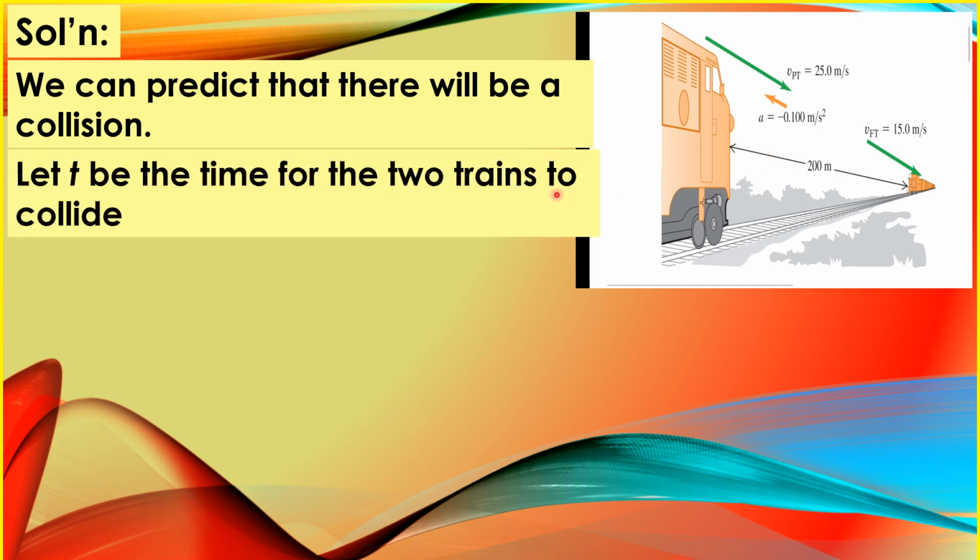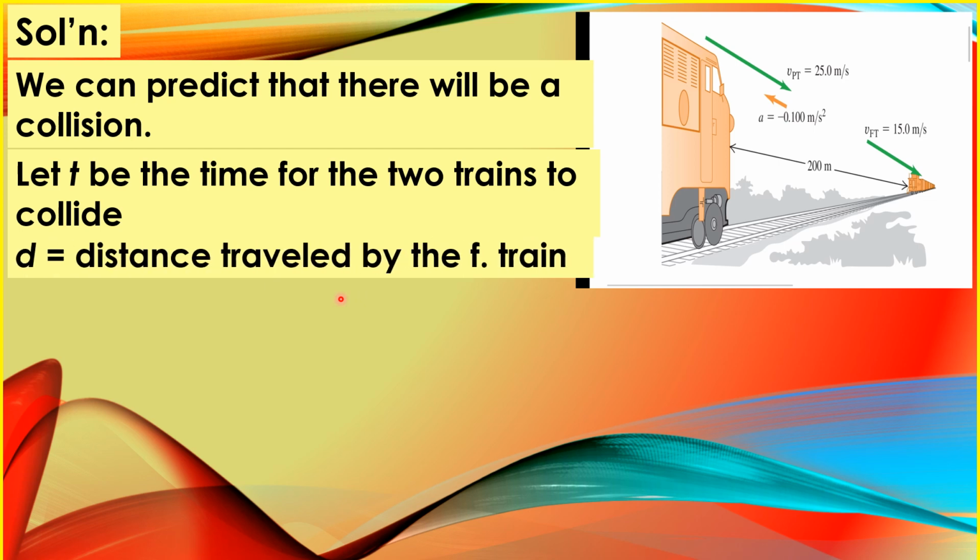All right. So first thing that we have to determine is to find the time for the two trains to collide. So we will let the quantity small t be the time for the two trains to collide. And we will also let small letter d be the distance traveled by the freight train. Remember, the freight train is not going to slow down or change its speed. It just continues,